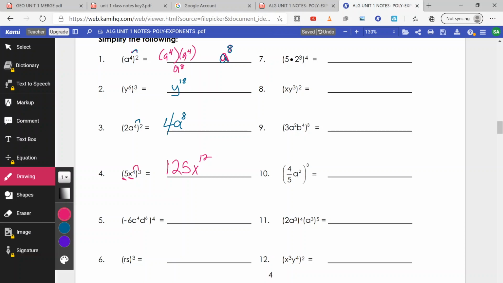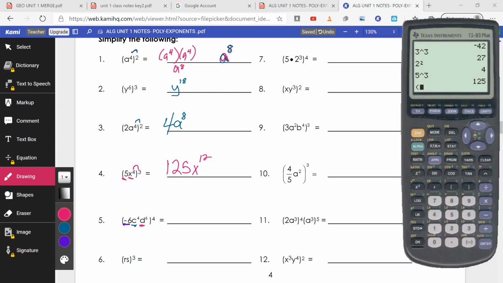Number 5, here we have 3 different things. We got the negative 6, we got C, and we got the letter D. So the negative 6 has to be raised to the 4th power. Now we have to be careful. If we're using the calculator and dealing with negative numbers and exponents, we have to make sure that the negative number is inside its own set of parentheses. So if I do negative 6 to the 4th,